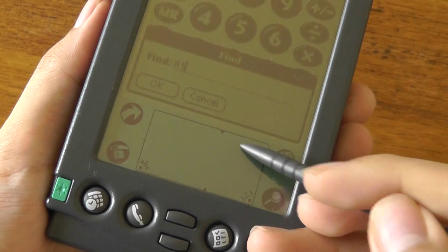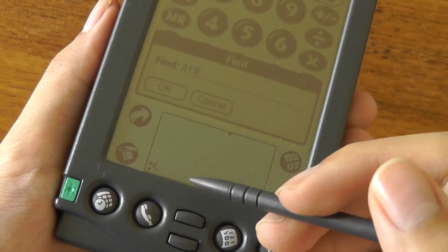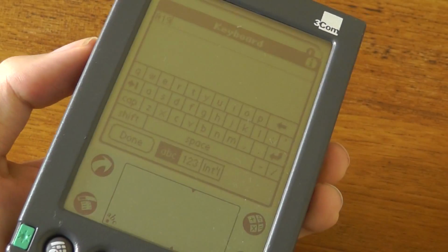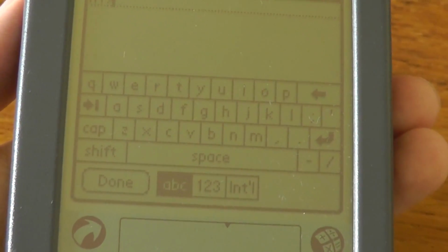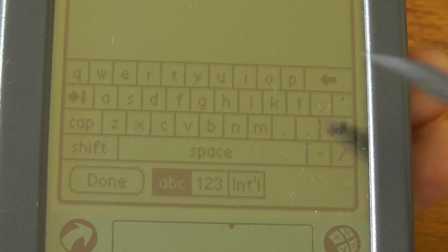So I can tap on 1 all the way to 9, and that's going to be recognized. So it's divided here for easier accessibility, and I can tap on this little dot here to access the full QWERTY keyboard. And again, you can see how small that is by today's standards. It definitely wasn't designed for just finger tapping, really meant just for use with a stylus, but it was all